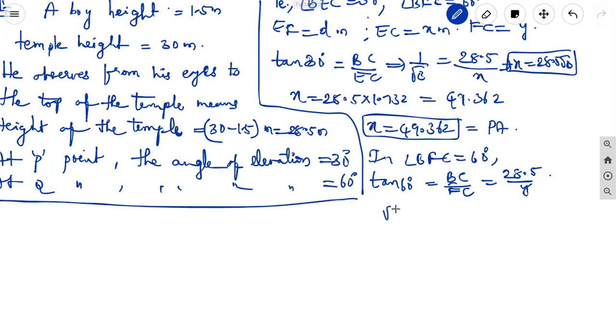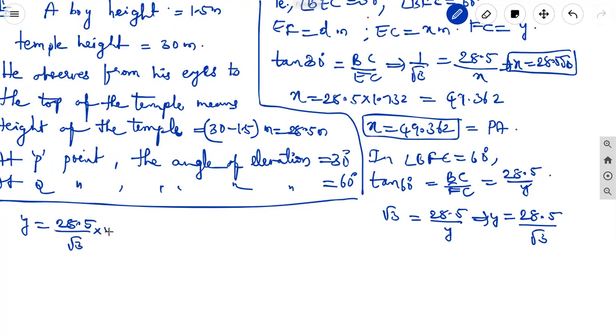So tan 60 value is root 3, which is equal to 28.5 by Y. By cross multiplication, Y is equal to 28.5 by root 3. Rationalize root 3 into root 3. This is equal to 28.5 by 3 into 1.732. 28.5 into 1.732 is equal to